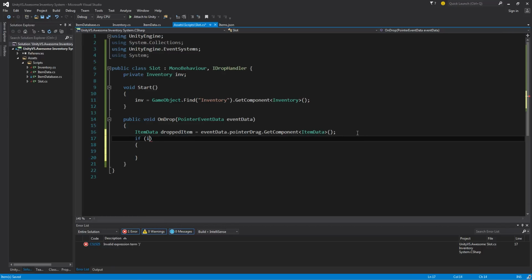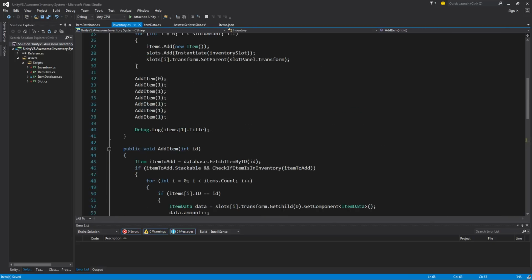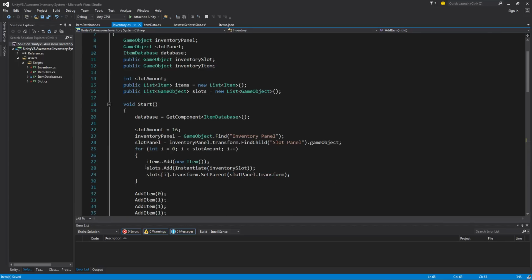We're going to check to see if inventory.items... I'm not looping through, am I? So what I want to do then is I need to know which slot this slot represents. That means knowing, if we have 20 slots, then we have slots 0 through 20. This slot needs to know which slot it's in so we can compare it to the slot that represents our inventory, so we can compare it to our items list. So 0 through 20 in the items list is the exact same as 0 through 20 in the slots